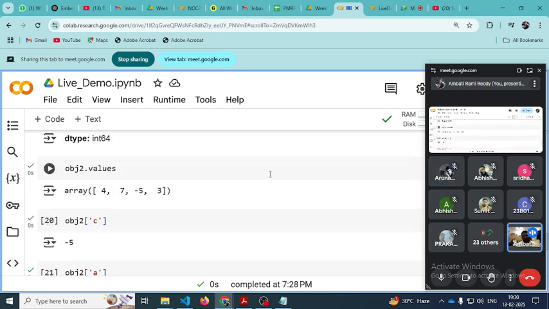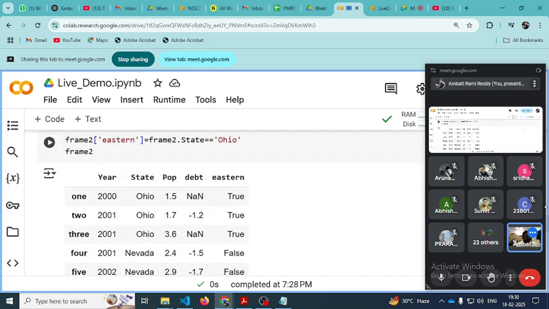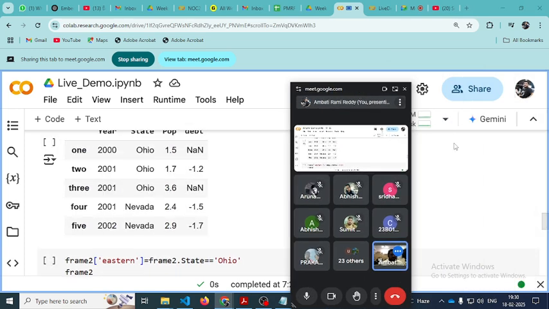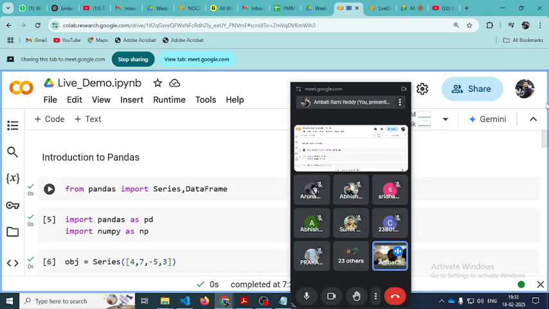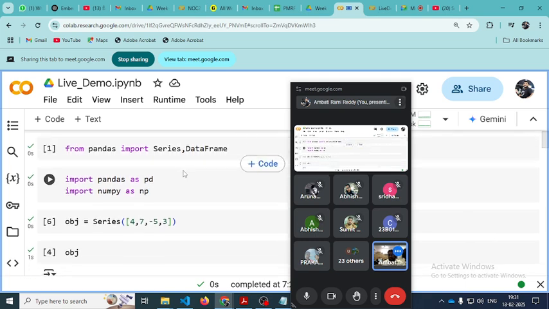If you don't import, I think I already imported, that's why it worked. Whenever you are working in Python, you need to import the respective libraries. For each and every class, you just import this one: import pandas. If you want to import only Series and DataFrame, you can import like this: from pandas import Series, DataFrame. Suppose if you want to import everything, you can use import pandas as pd. You can use these statements. If you want, I can